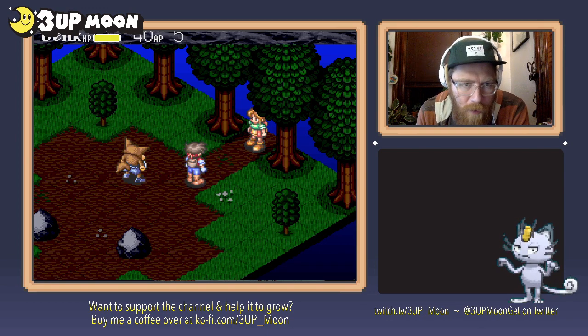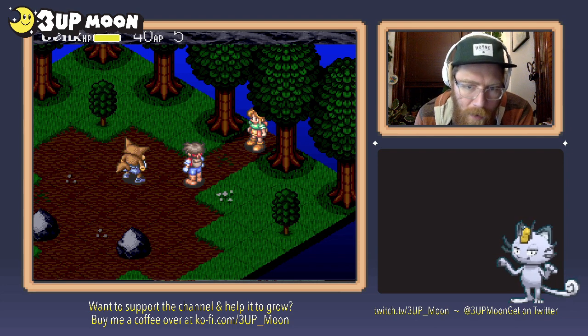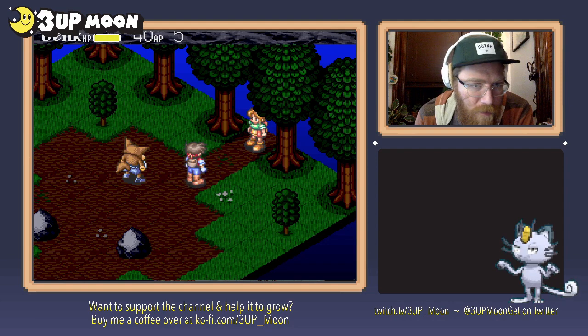Up moves you forward in the direction you're facing one tile. Down moves you backward in the opposite direction that you're facing. And left and right just rotates you, so...